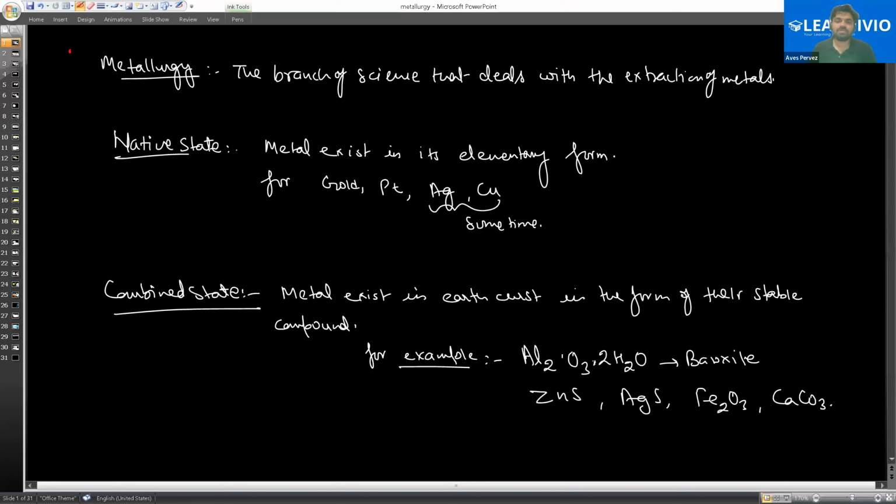Okay. So next, in the combined state, metal exists in different stable forms. For example, Al2O3·2H2O. This is bauxite. This is an ore of aluminum. Next, if we move further here,